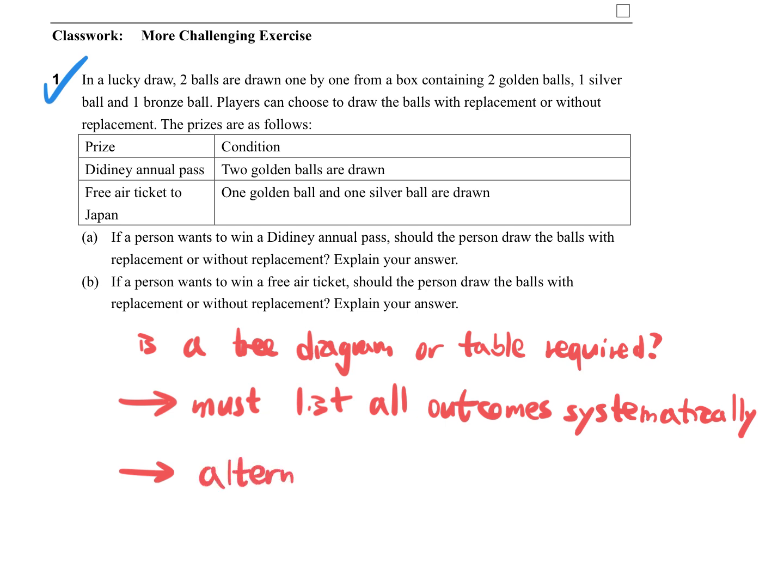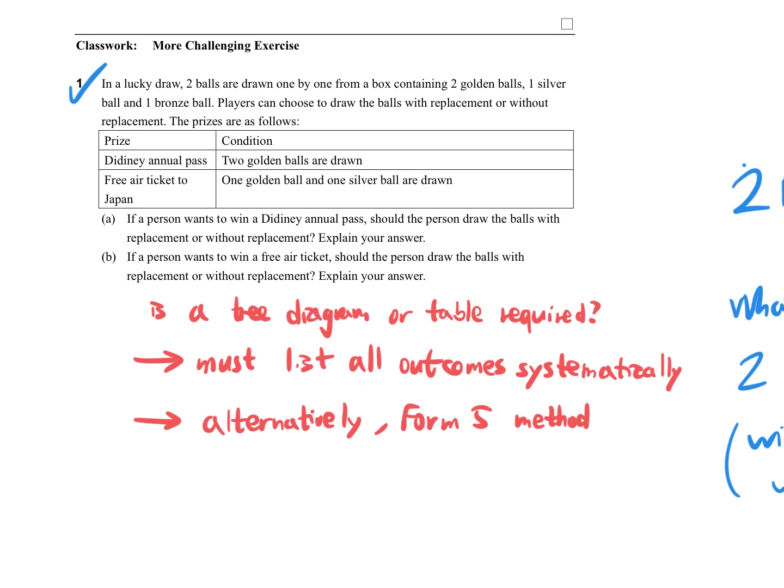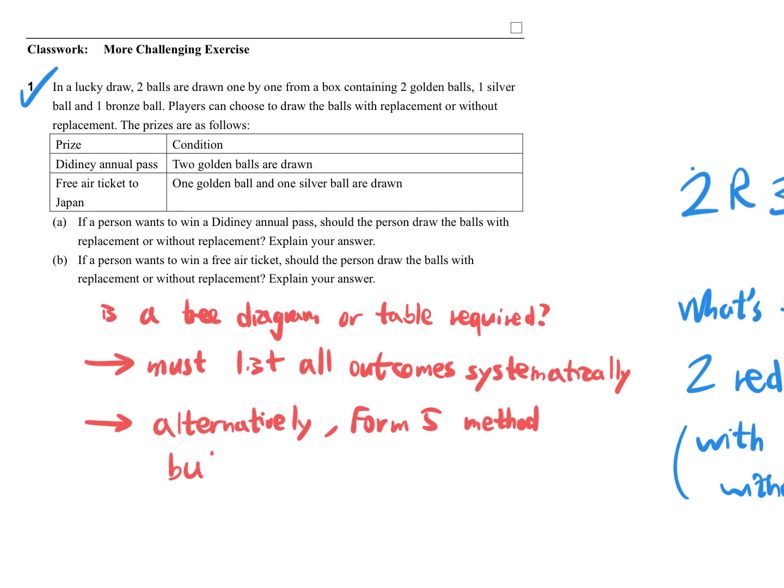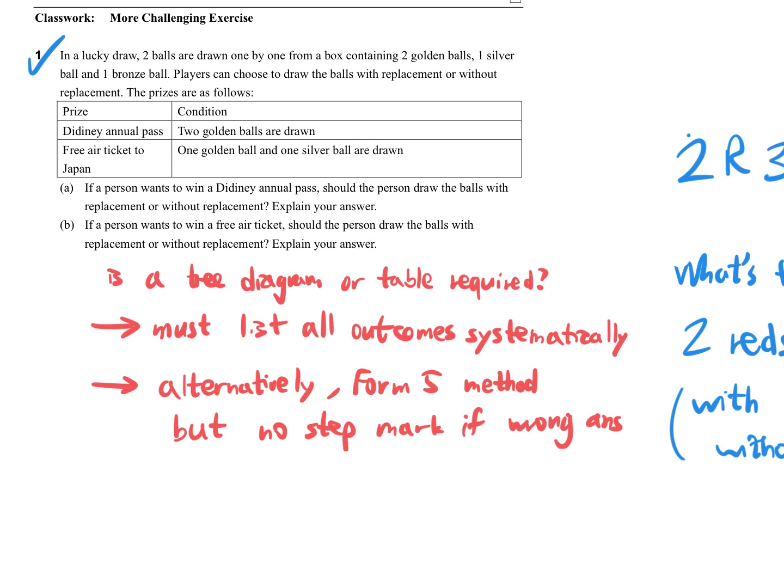Alternatively, Form 5 method, but no step mark if wrong answer. Because that's not a proper method learned in Form 3, it's sort of considered beyond the syllabus. So if you give me a right answer, again, if I didn't specify you need to draw a table, then fair enough, you know a better method. But I need steps, okay? Steps are required, and Form 5 method is an acceptable step. For example,